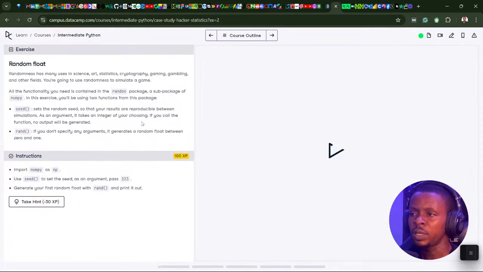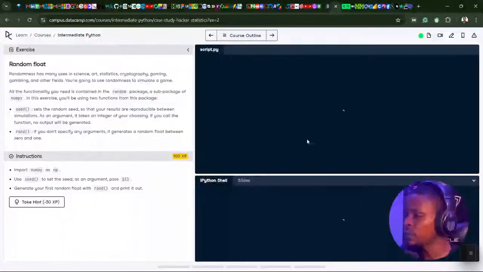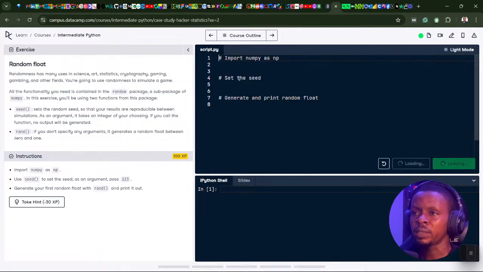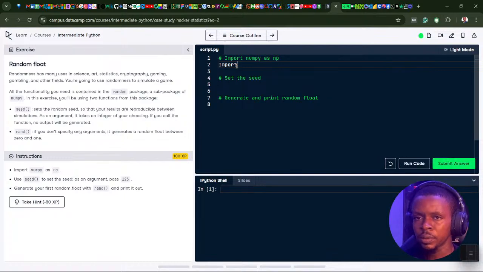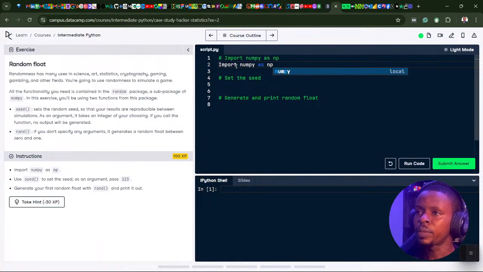So I've read the instruction earlier. The background is just white and I can't seem to type anything there. So waiting for the interface to complete. Oh, this is what we wanted to do the other time, and need it to be black like this. Interesting. So it is back. So the first instruction says import numpy as np. So I just import numpy as np.